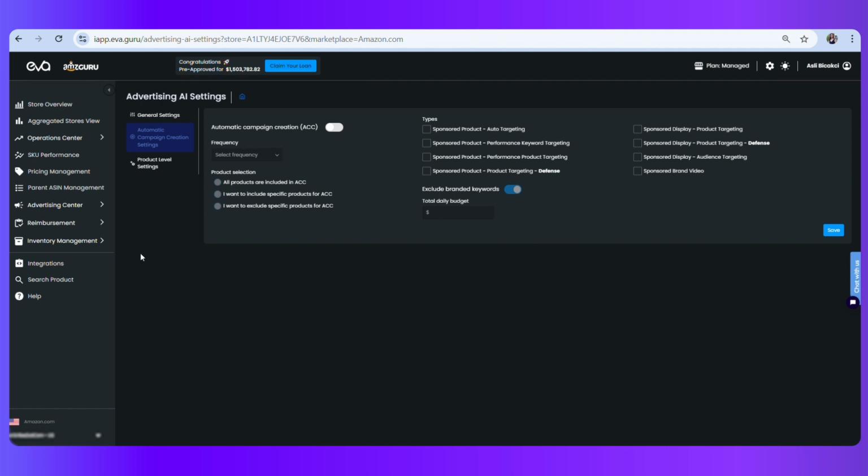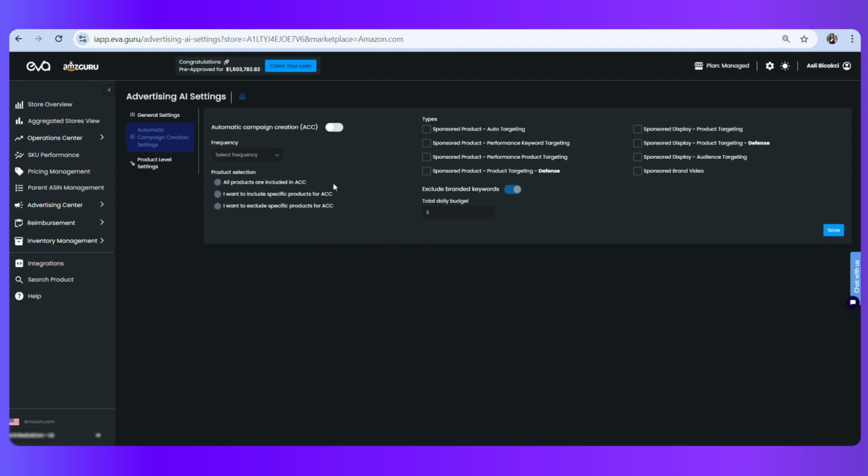This is basically the functionality of this auto campaign creation. It checks the search term reports or Amazon's API and creates campaigns for the selected agents for 7 days, 14 days, or 30 days periods. Which means that if I select frequency as 30 days, I will explain this feature in the next videos. As I mentioned, I would like to give some brief information about the automatic campaign creation module. If I select the frequency as 30 days, the system checks every 30 days the search term reports and checks